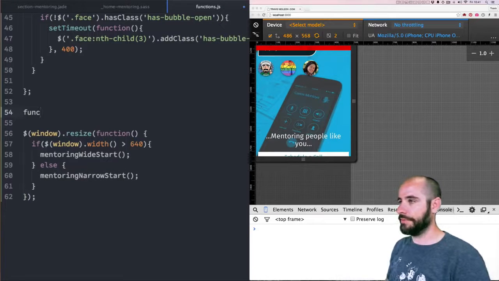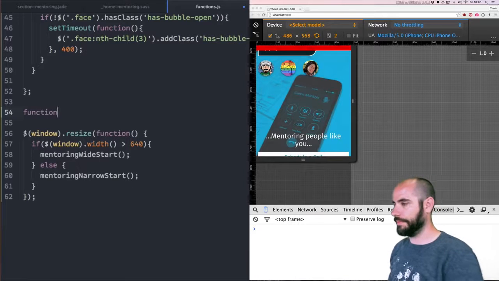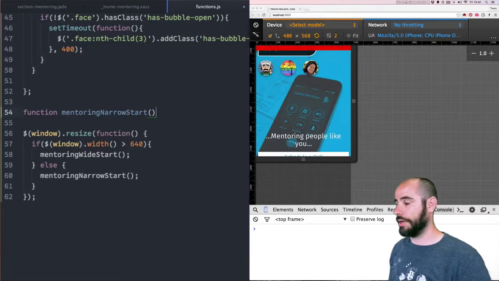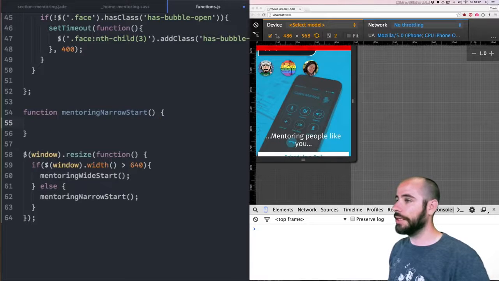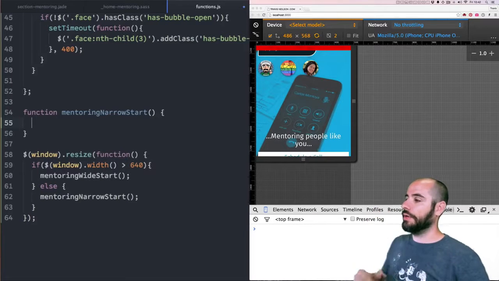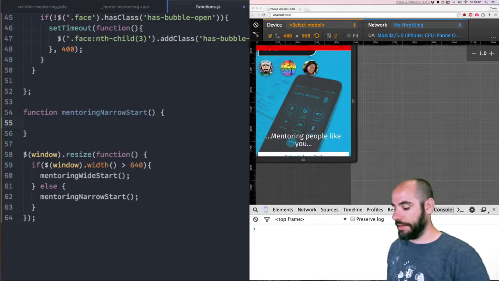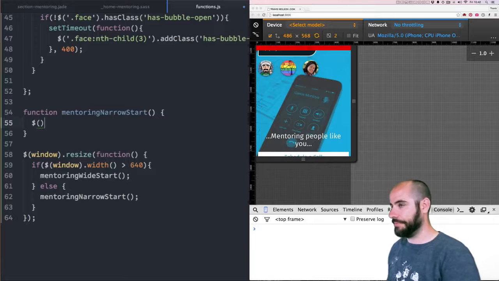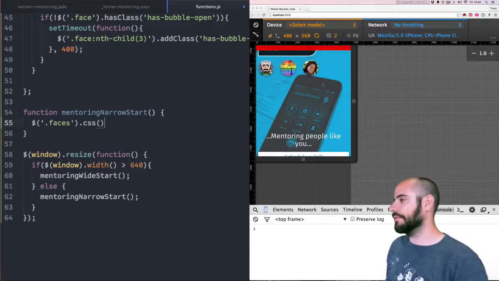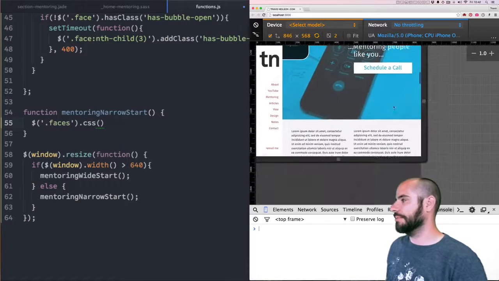So function mentoring narrow start is going to look something like this. What do I want it to look like when it's narrow? Well, I know that I want the faces to have some certain CSS properties. Like if we're over here in the desktop version,